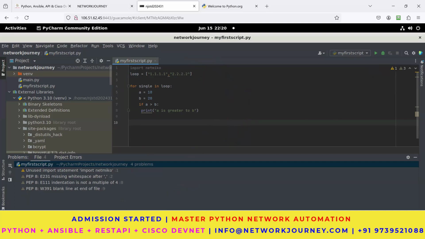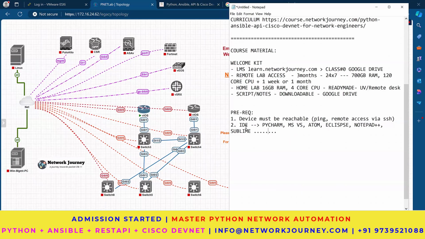Okay, now what is this pointer? Let's say you have a bit of understanding of PyCharm at least. You have seen how to install the package. So we did the installation of